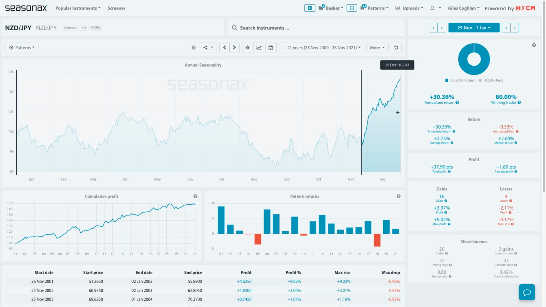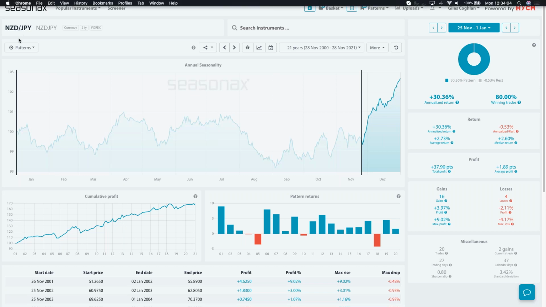Now, obviously, a previous seasonal pattern is not a guarantee that the future one will work, but the Reserve Bank of New Zealand looks very interesting because they're on a rate hike cycle. Excuse me, hard to get my words out this morning. In other words, they're raising interest rates and expected to raise interest rates for the foreseeable future. I've got their latest projections here. Let me just bring that up to the screen so we can see exactly what those latest projections are.